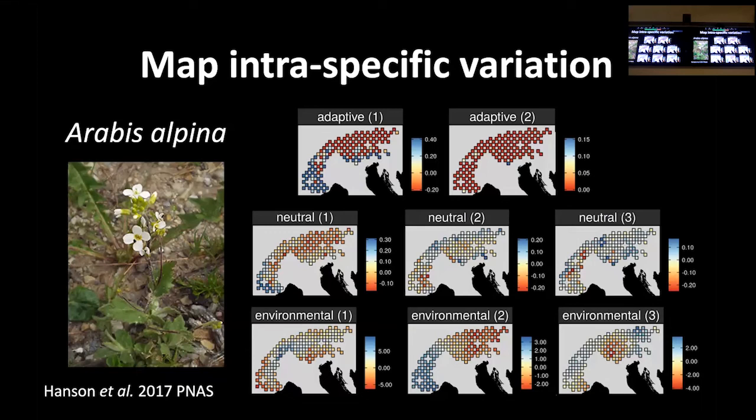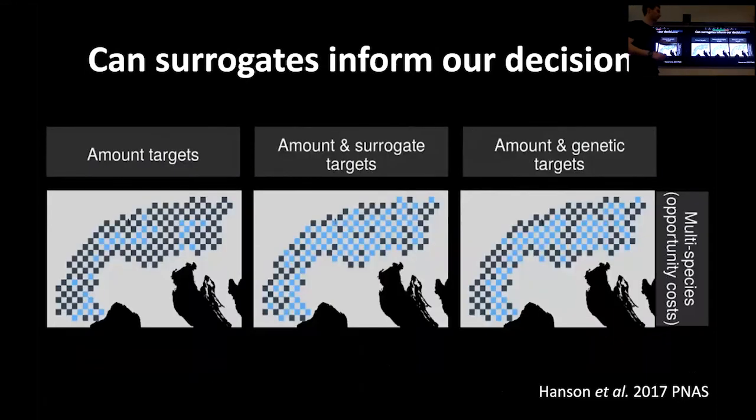And in case you're interested, this is what the environmental variation looks like across the study area. So we've got a north-south, kind of east-west, and then something else is going on here. But yeah, that's kind of what that looks like. And so what we did was we did that for all 27 species, I think. And then we generated 3 prioritizations.